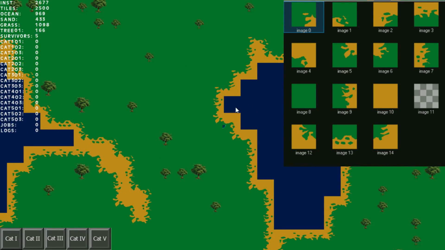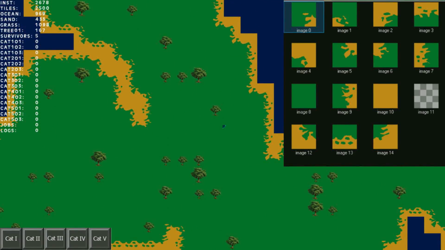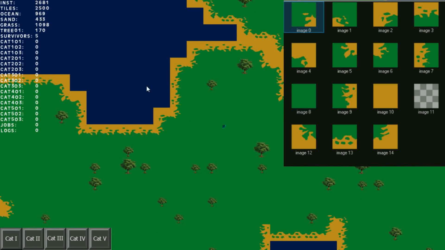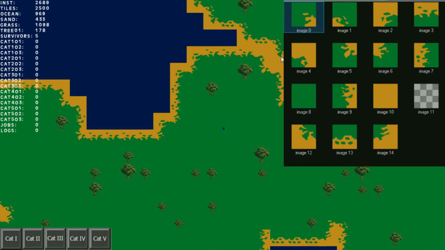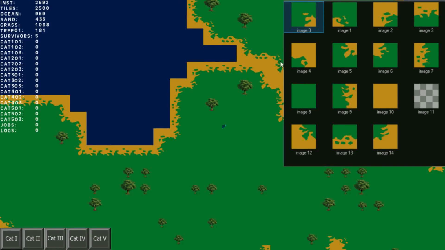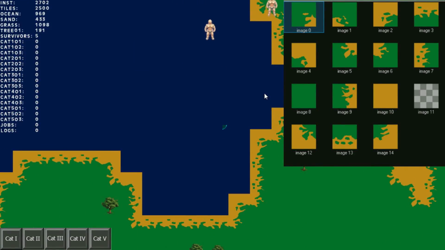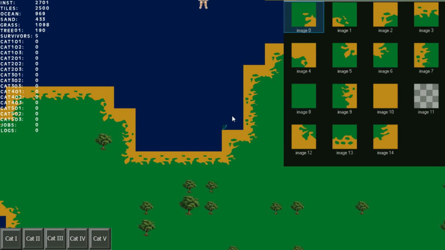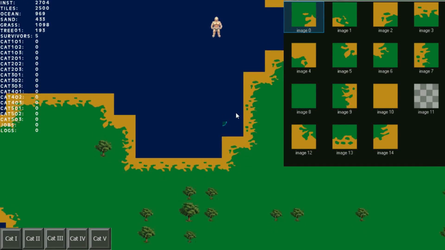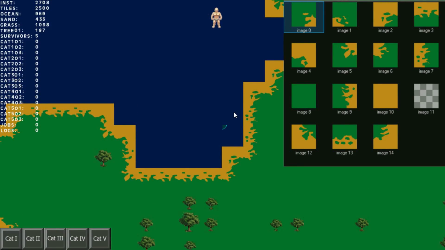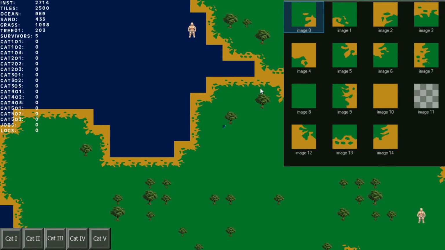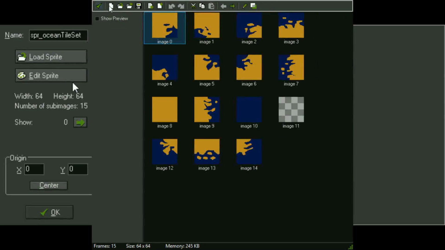Now naturally we also want to apply this script to the ocean tiles, but that is kind of an issue. The reason for that is of course because the ocean tiles are being created together with the sand tiles, which means the sand tiles are not necessarily already there. So in order to solve that, I temporarily added a little tweak. I simply made it so that the create script or the assign script for the ocean tiles will pop at a later stage to make sure that all of the sand tiles are already being generated before the script pops off. Now right here you can see I've also already made the same texture basically with different colors,